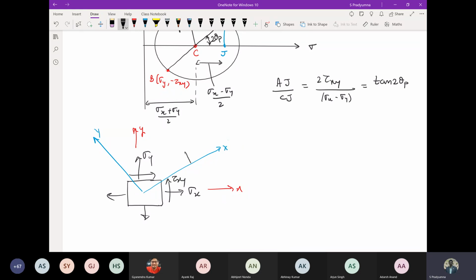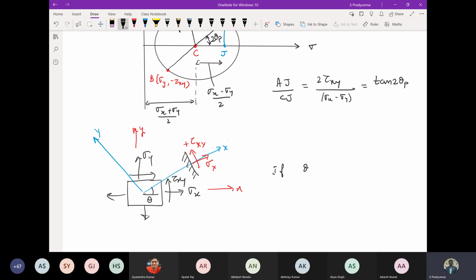Now let's say I have a plane here. What are the stresses on this plane, perpendicular to this capital X axis? I know this is sigma capital X, and I also have tau. This is plus tau capital X capital Y, correct? According to our sign convention, this is plus tau capital X capital Y. This is the direction theta. Now, what will happen if theta is made equal to 90 degrees?